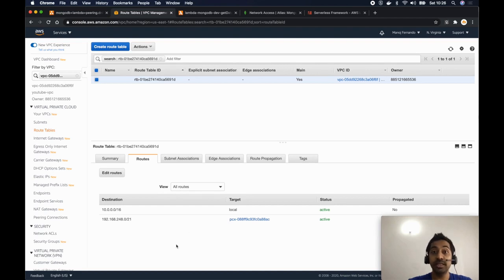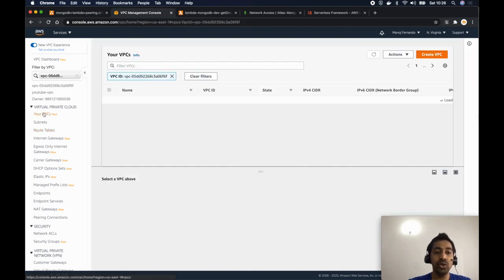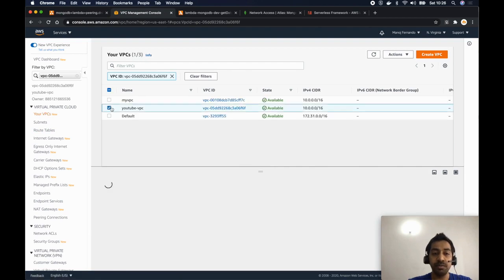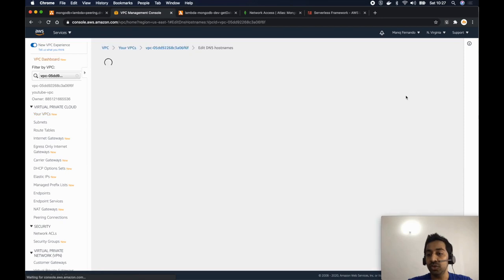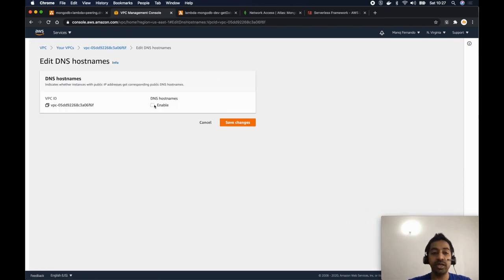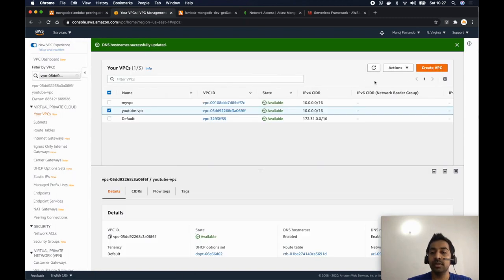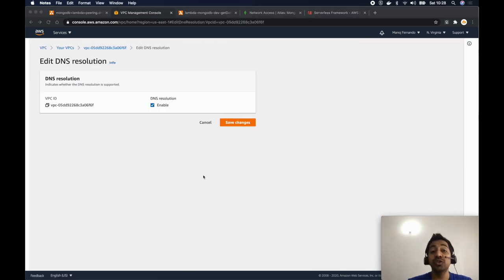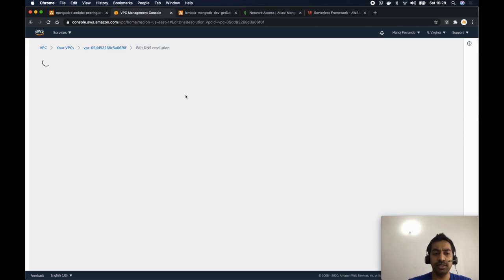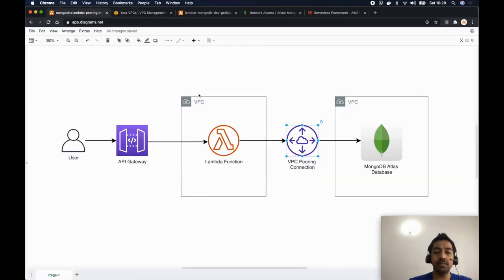And there's one other thing that you must verify. If you go to your VPC, select your VPC and go to actions, there are these two settings, DNS hostnames and DNS resolution. Make sure both these settings are enabled. So right now the DNS hostname is not enabled. I will go ahead and enable it, save changes. And again, I will go to actions and click DNS resolution. So it is already enabled. These two settings will make sure all the private IP resolution will happen through the peering connection. So I'll save changes again. So now we have properly set up the peering connection.